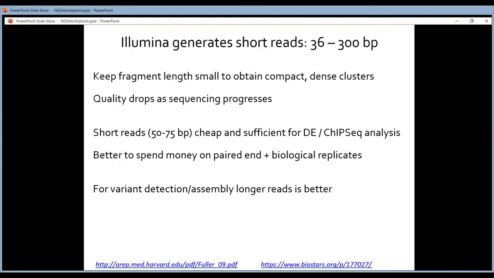If you want to do assembly, it's a better idea to invest money in long reads, because it will be much easier to assemble long reads than to assemble very short reads. Now, to cut the costs for assembly, they often do a combination of long and short reads. That also works. But for all other applications, there's nothing wrong with short reads of only 50 base pairs.